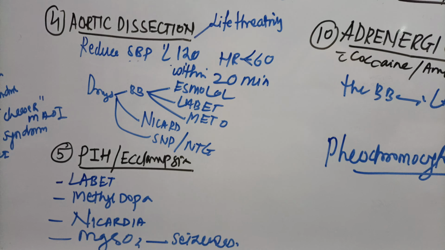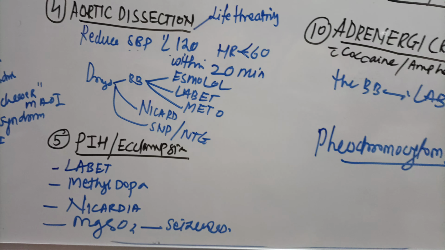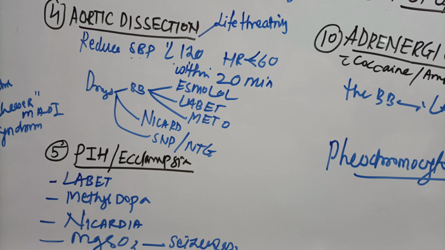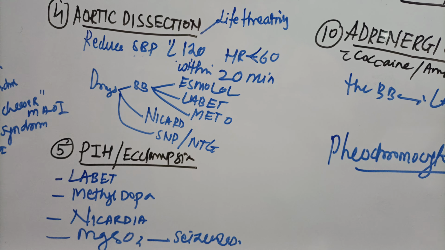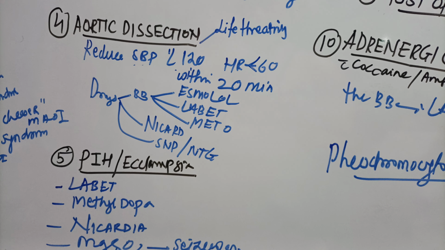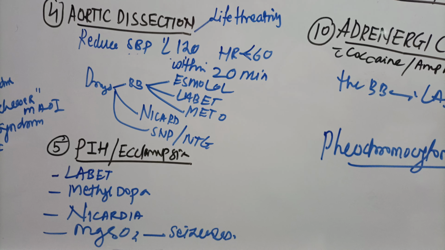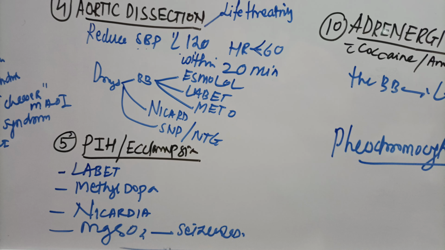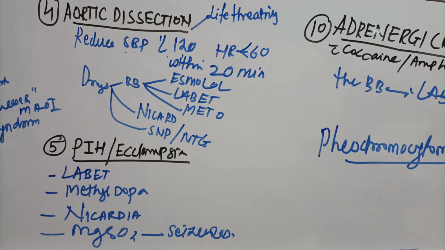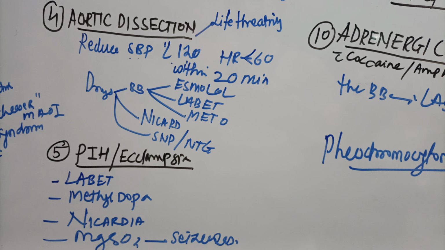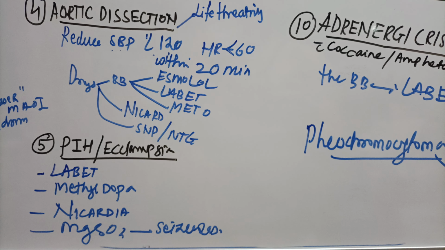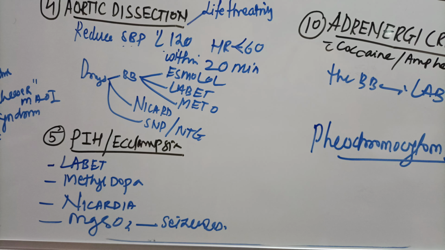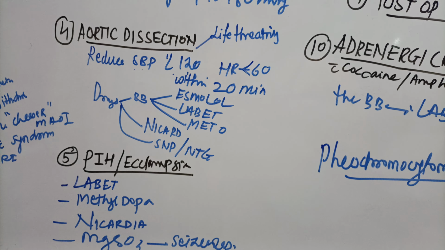We know in PIH the blood pressure is itself more than 160 by 110 millimeters of mercury. In severe PIH, there are chances of end organ damage. So drugs most commonly used are methyldopa, then labetalol, nicardipine. If the patient lands up in eclampsia, we use magnesium sulfate. Sodium nitroprusside can also be used, but it causes fetal cyanide toxicity, and nitroglycerin also causes fetal tachycardia. So better to avoid those drugs.